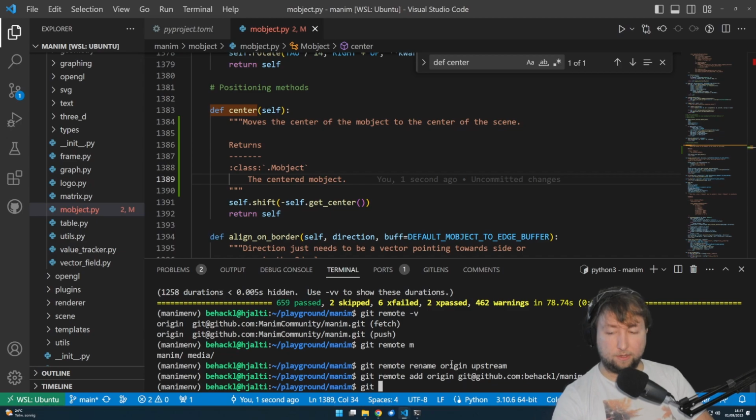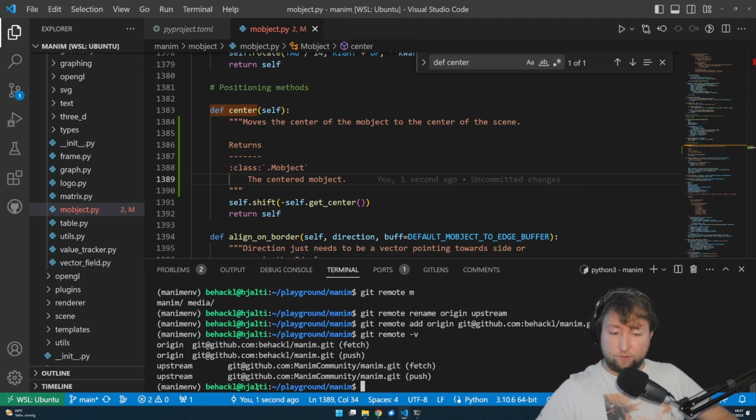And now I can check whether it did the thing that I wanted to. Git remote -v. Now I have two of these bookmarks, so to say. One is called origin, which points to my version of the library, and the other is called upstream, which has the central version basically. And what I need to do is I now need to create a new branch